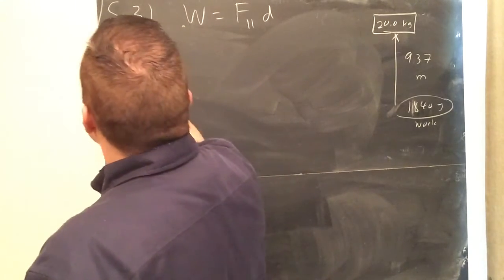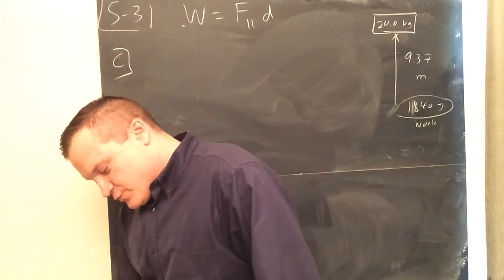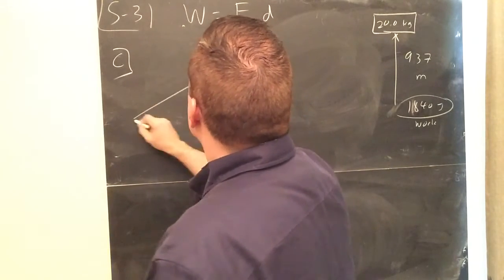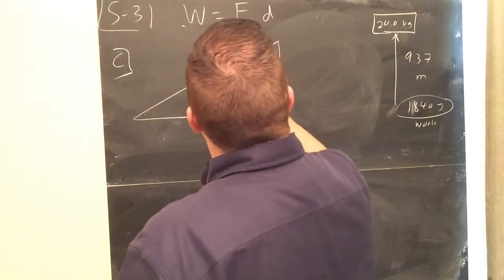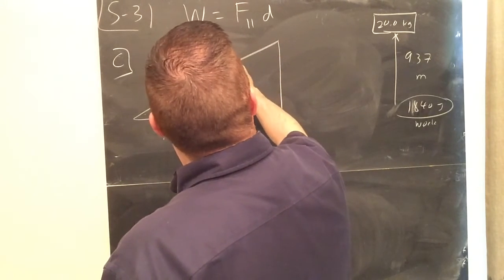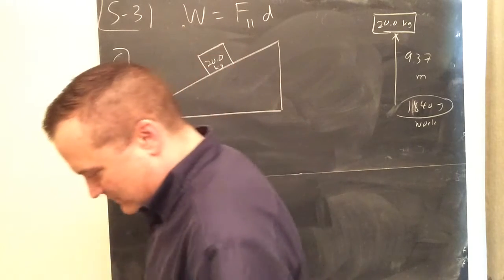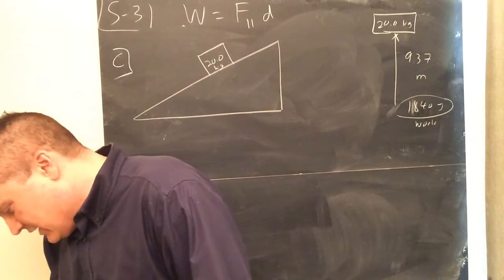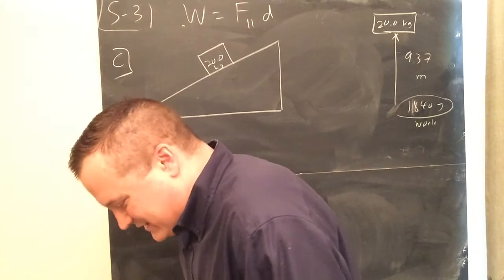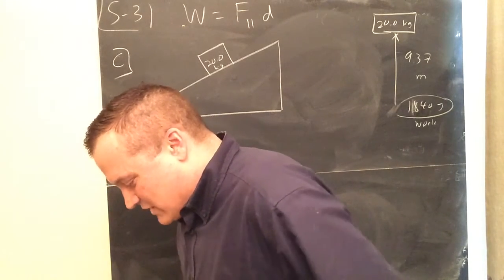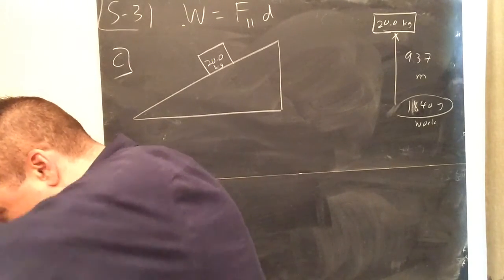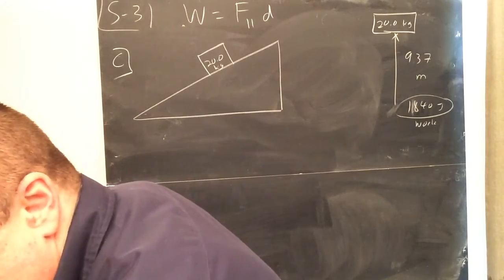For C, it says this: how much work will be required to push a 20 kilogram brick? Now we've got a 20 kilogram brick again. Oh no, I took away my answer there, but we'll get it in a second. Oh, I'm sorry, I read the wrong question. How much work is required to push a 20 kilogram brick a distance of 14 meters up along the surface